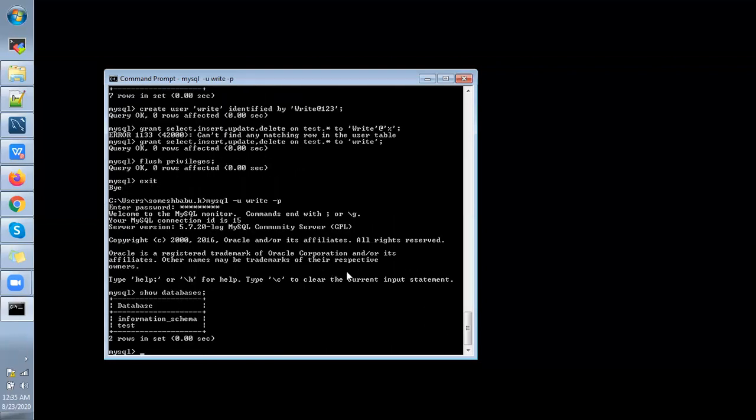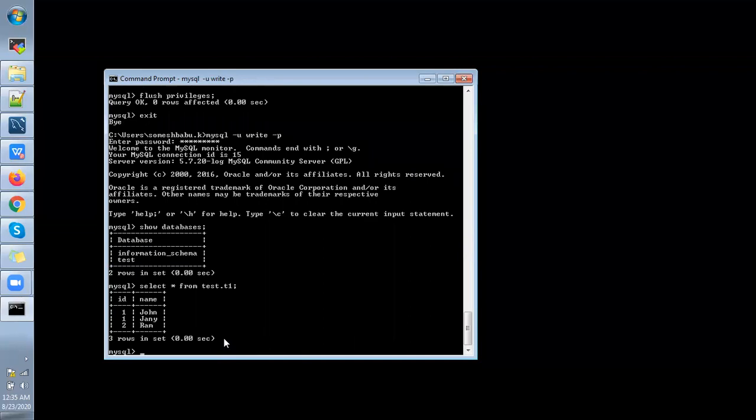See, in total we have 6 databases, right? So here only the test database came. Test schema alone we got here. So that means we have access for this DB alone. And also select star from test.t1, so we can fetch the data. We'll check whether we can insert or not, because we have given the insert command, right?